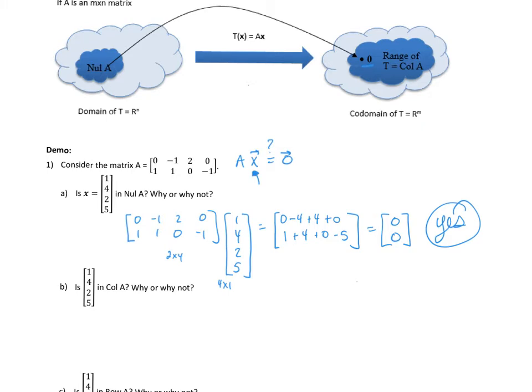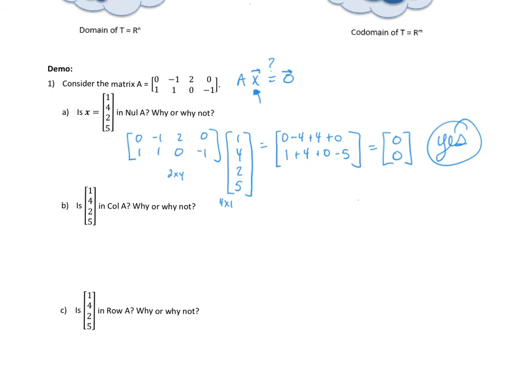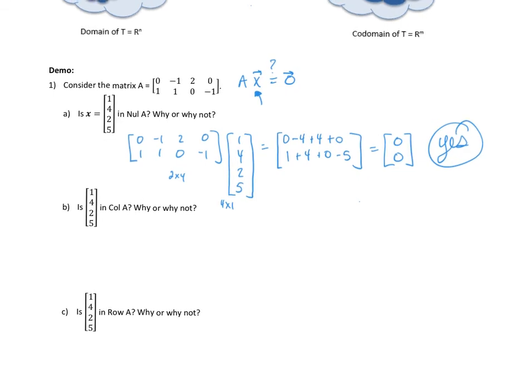Next, is this vector in the column space of A? The column space of a matrix is the set of all linear combinations of the columns of A. So if you look at the columns of A, linear combinations of them means put a weight on each one and then add them all together, which means my result would have to be a vector with 2 entries. So this is impossible because col A